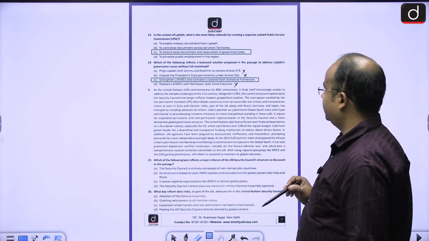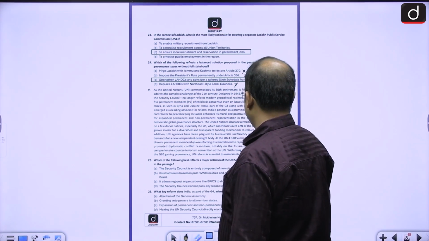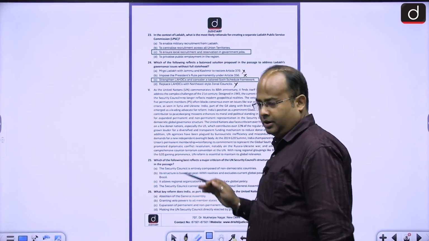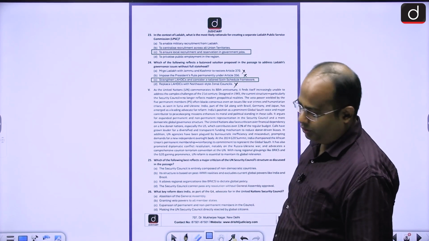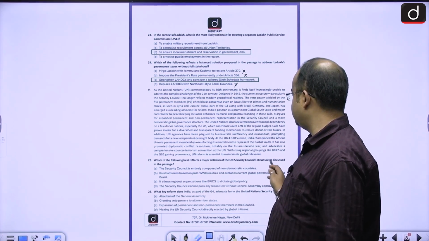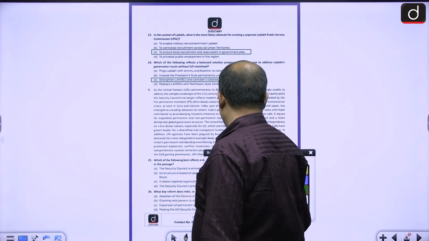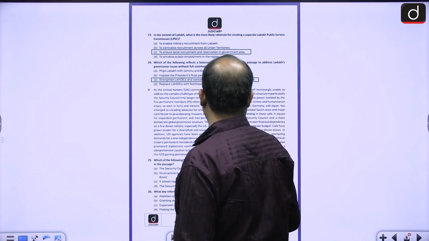तो आई होप यहां तक क्लियर है। अब यहां पर दोस्तों यूनाइटेड नेशन की 80th एनिवर्सरी के बारे में ये पैसेज है, पूरा पैसेज है। अब यहां पर आप देखोगे कि which of the following major criticize the UN Security Council structure as discussed in the passage? अब देखो, डिस्कस्ड इन द पैसेज यूनाइटेड नेशन सिक्योरिटी काउंसिल का क्या है।